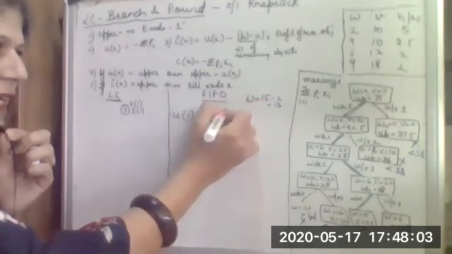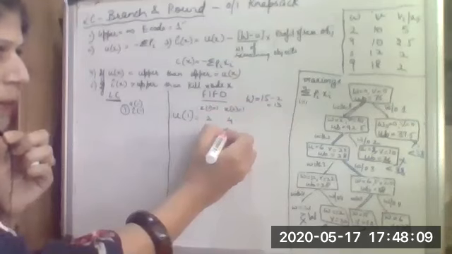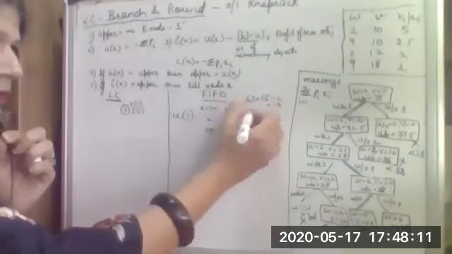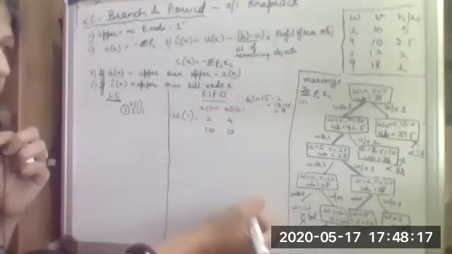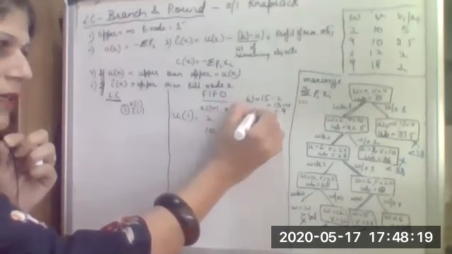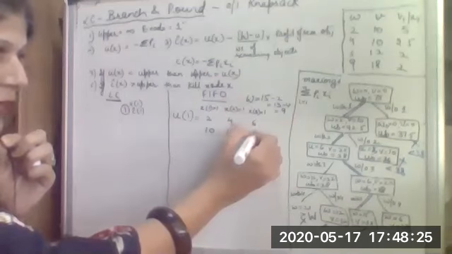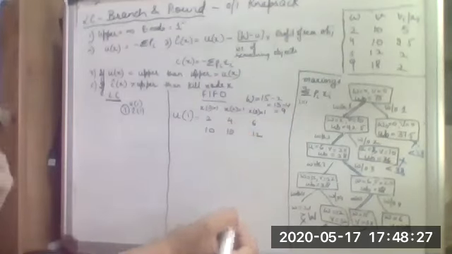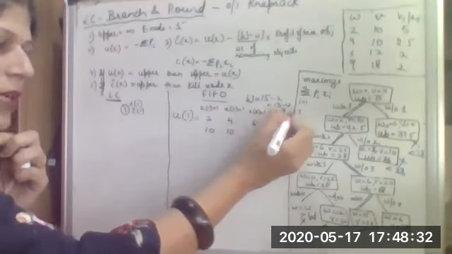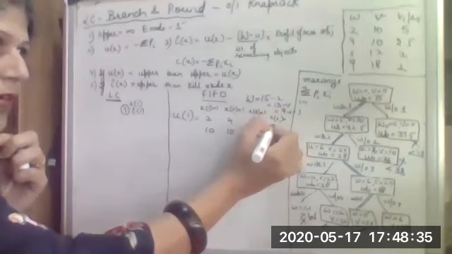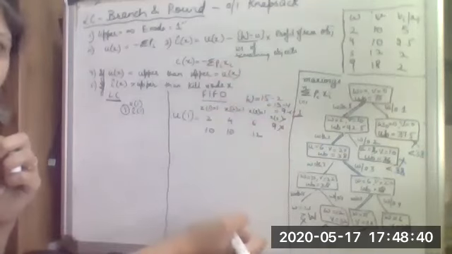Can I include the second element? Yes. For the second element, the weight value is 4 and the profit value is 10. So now the knapsack capacity is 9. Can I include the third element? Yes. The third element has a weight of 6 and a profit value of 12. Can I include the fourth element now? Because 9 minus 6 is 3, and the fourth element has a weight of 9, whereas the knapsack capacity left is 3. So I cannot include this.